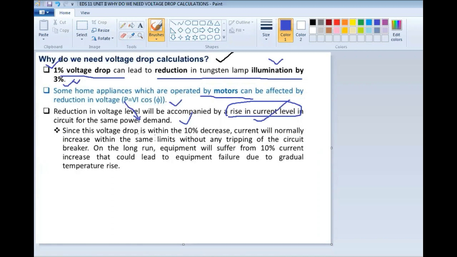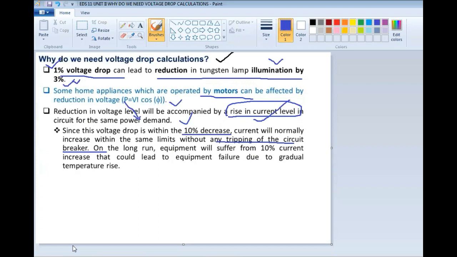Since the voltage drop is within a 10% decrease, the current will normally increase within the same limits without any tripping of the circuit breaker. For the starting of the feeder there is a breaker, and at the house also we have MCBs. But here the problem is, if the voltage is decreased by 10%, the current will be increased, but that current is such that it will not trip the circuit breaker. That current is not enough to trip the circuit breaker, but definitely there is an increment